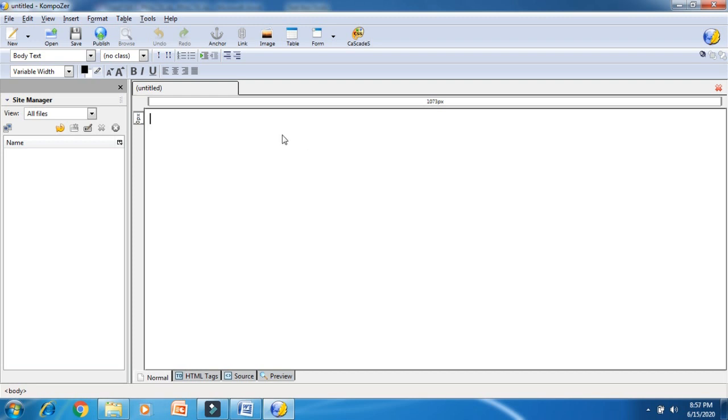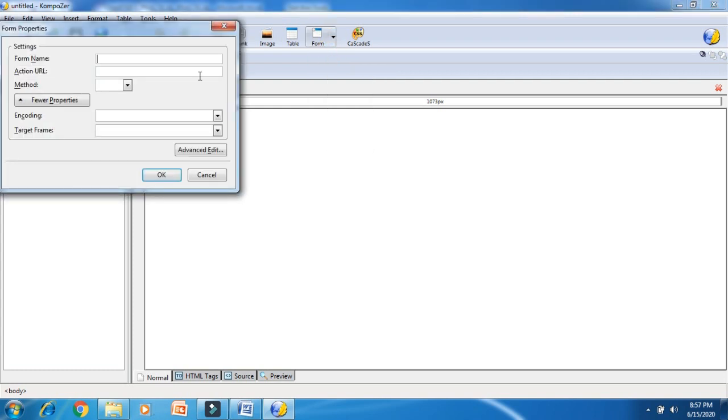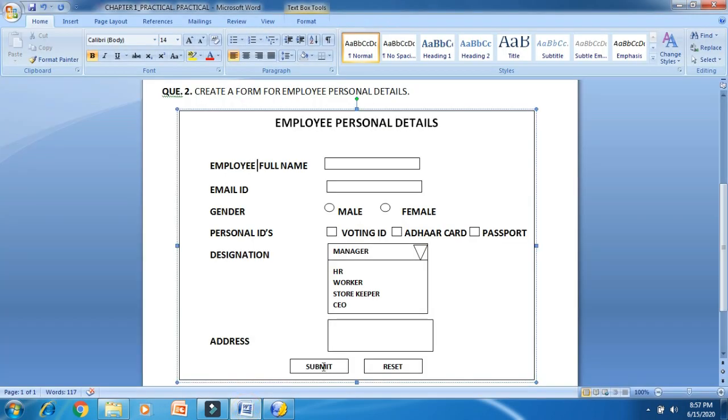So here, first of all, create a form. Go to the form option, define form. I'm writing here the form name, that is employee registration. Now this is your action URL. It means once you submit this employee registration detail, you will get a message that the employee personal detail is successful.